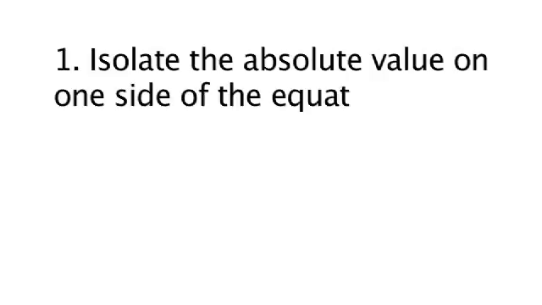Okay, to summarize everything that you've learned so far, we've created this little slide of reminders. The first thing we always want you to do is isolate the absolute value sign. If there's a coefficient in front or if there's something dangling off the back, move it to the other side first. You do not want to rewrite anything or make any assumptions about negatives until you've moved everything over. Once you have the absolute value of something on the left and a number on the right, it's safe to go ahead and rewrite it in whatever form is correct. But if you don't, then you've got to fiddle with it before you go any further.